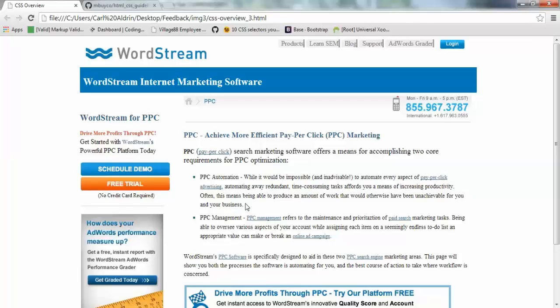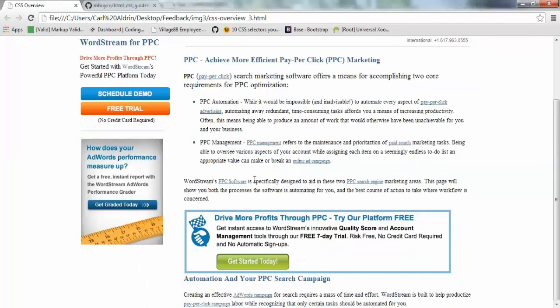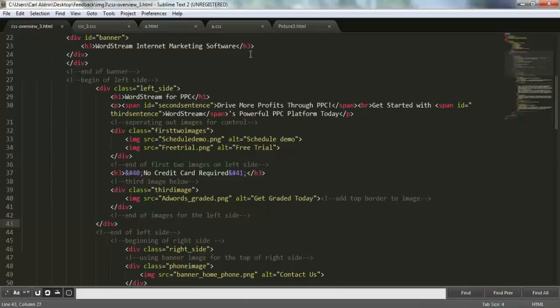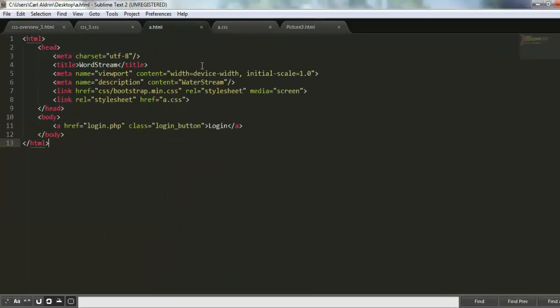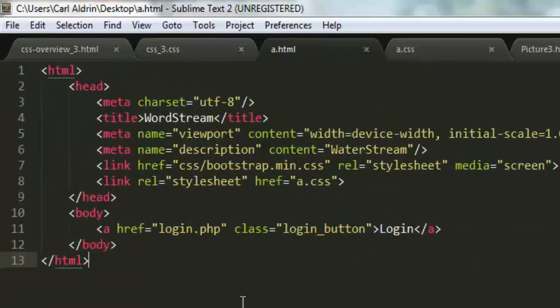And so to give you a little glimpse of what you're gonna do with these images, let's have an example on how we can make a button out of an anchor tag.